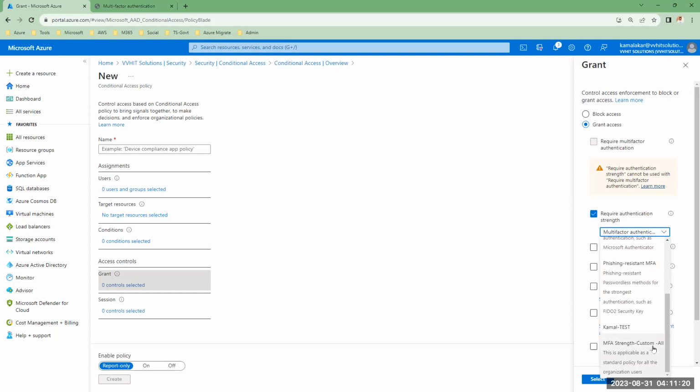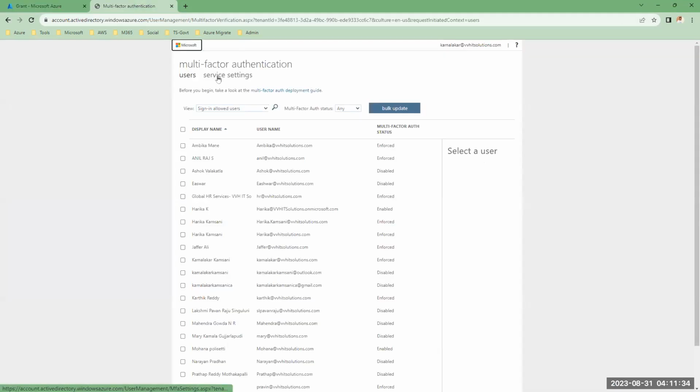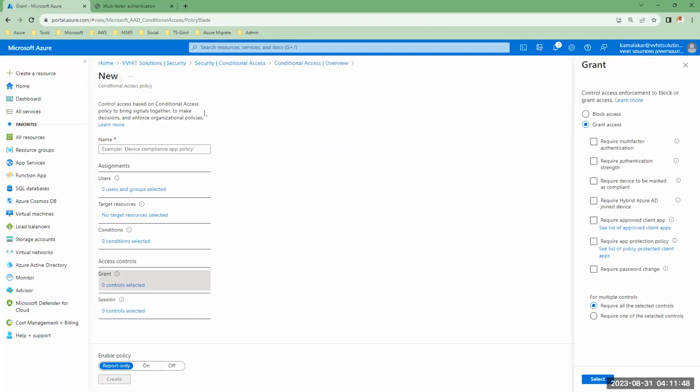This is where you select the authentication strength that you specified. So either MFA strength for all, maybe you can specify enable MFA for all the users. So you will be able to invoke whatever the policy. Basically there are two things. One, you provide the settings here, what kind of MFA options they have, either phone, mobile, or notification. You specify here, then come to the conditional access policy and create a conditional access policy where you can specify